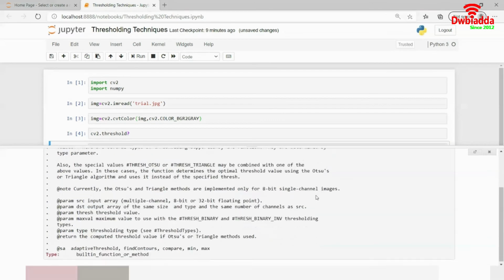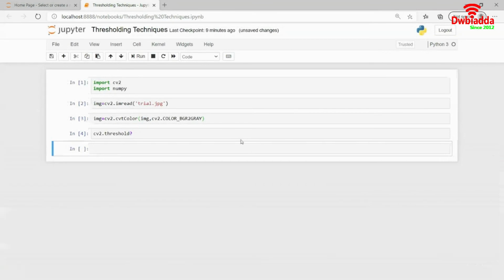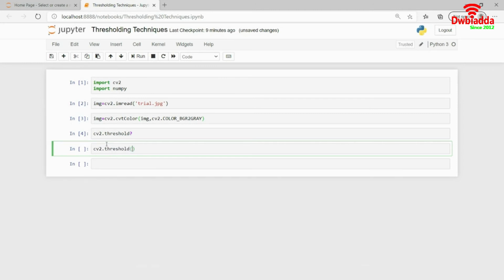I will go ahead and call this function, cv2.threshold. I will pass in the image, which is img. Then I will set up the cutoff value, let's say to 150. Then I have the maximum value as 255. Every time the maximum value would be 255. And then I would have to specify the thresholding technique as well. Like I told you, I would be using binary thresholding over here.